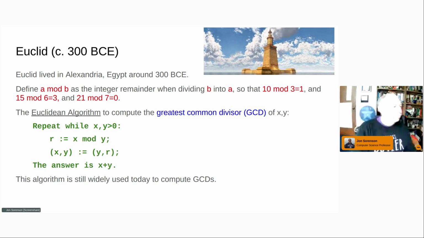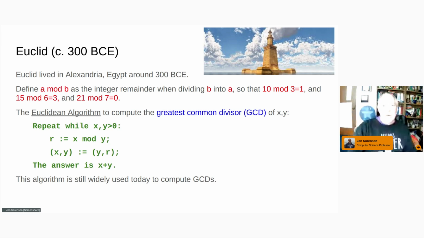And on the slide here, I've given some examples of this mod operator, which is a basic step in the Euclidean algorithm, basically taking the remainder from division. So when you learn to do integer division, you have the divisor, and then you construct the quotient, and you have a remainder left over. And this mod gives you the remainder. So for example, I think I have 10 mod 3 is 1. Well, if you divide 3 into 10, it goes in 3 times. 3 times 3 is 9. 10 minus 9 is 1. You have a remainder of 1. And so 10 mod 3 is 1, the remainder.